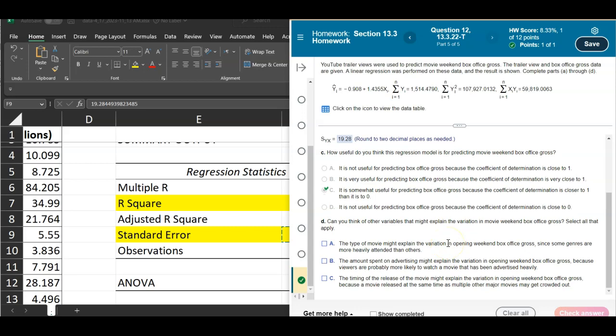Now, because it's fairly close to 1, we didn't get all the variables, all right? What might be the other factors? And the other factors, it can be anything. So the type of movie, yes, it could be a factor, all right? We need to study it. The amount spent on advertisement, it could be as well. The more you advertise, the more